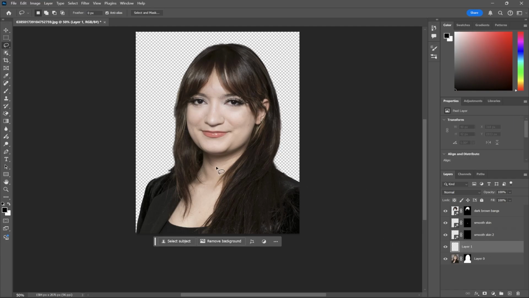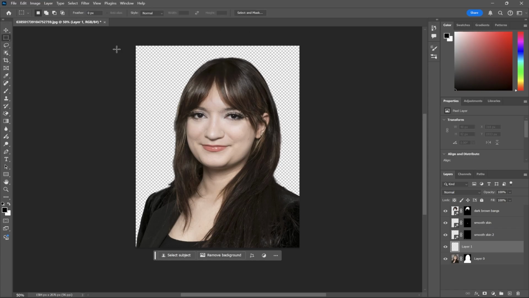The first thing that I want to do is add in a background. I can use generative fill to generate my own background as well. I'm just going to use that rectangle tool, and I'm just going to select the background, and I'm going to make sure that my layer is below the main photo. That way it doesn't cover up anything.